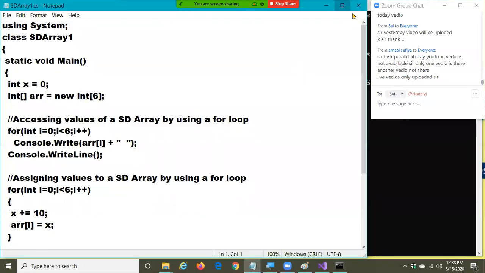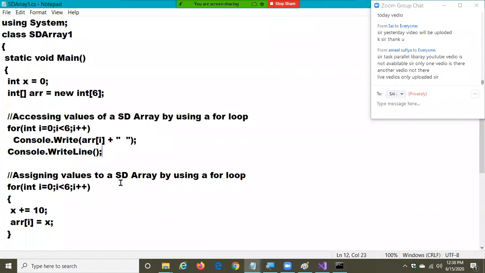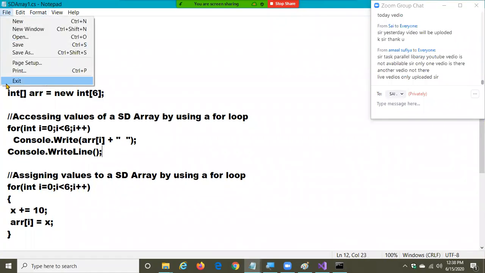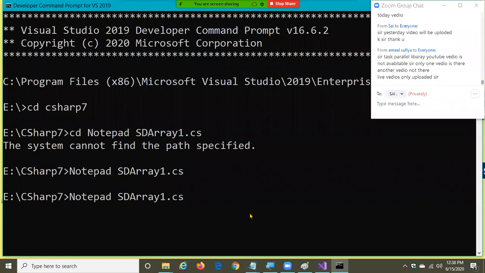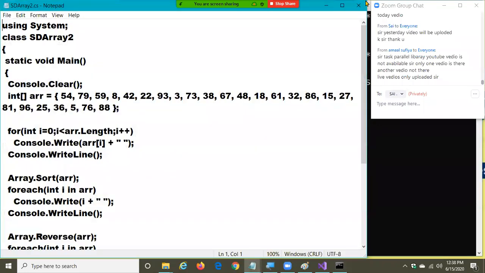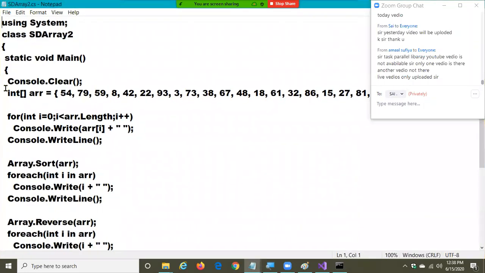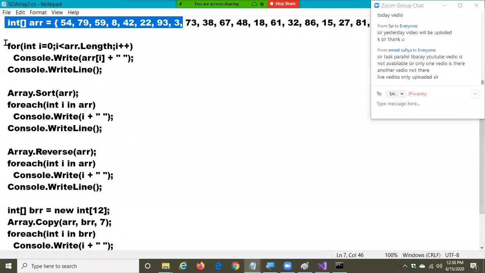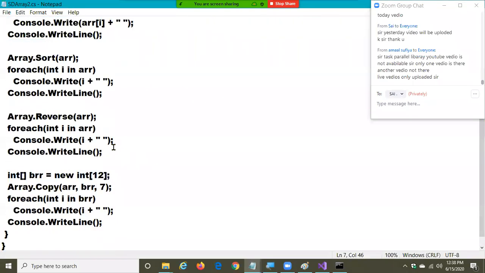Okay, have a look at this code. I declared one array and I'm writing the code for performing different actions.